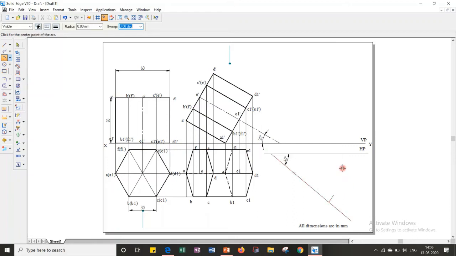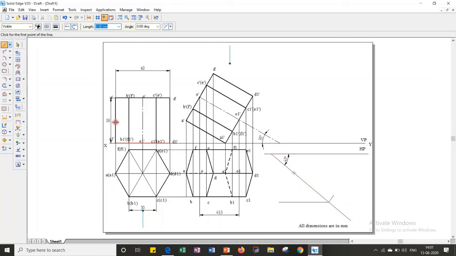Cut one arc. After that, in the second top view, you have to measure. Here I have considered the distance from O to O1. In the second step also you have to consider the distance from O to O1. Measure the distance from O to O1, that is 43.3. Draw one horizontal line passing through this point. Now we have to cut one more arc of dimension 43.3, taking the same previous center, just like in the planes problem.